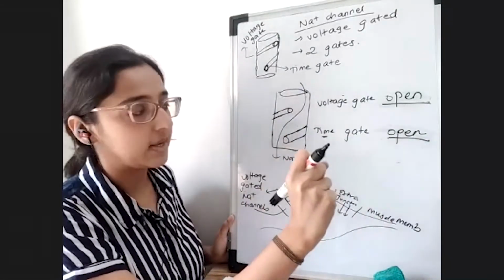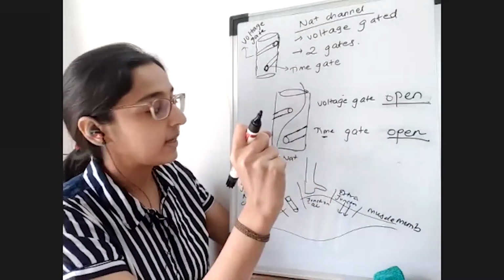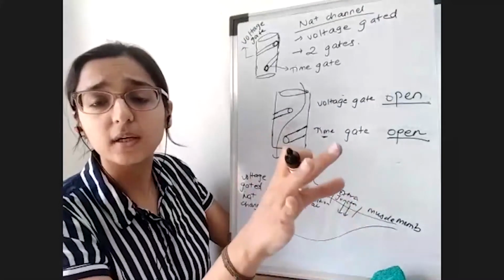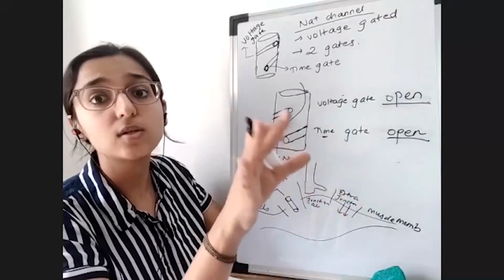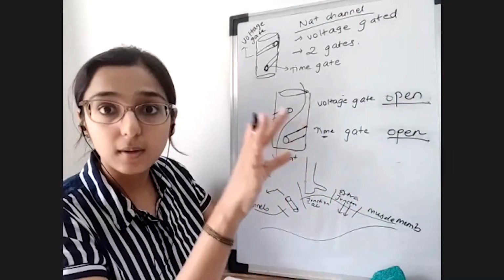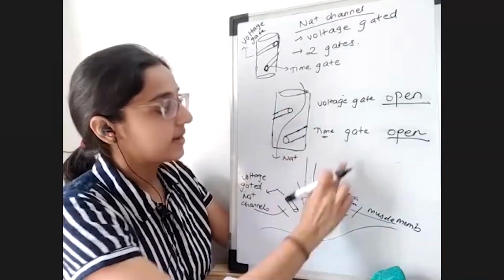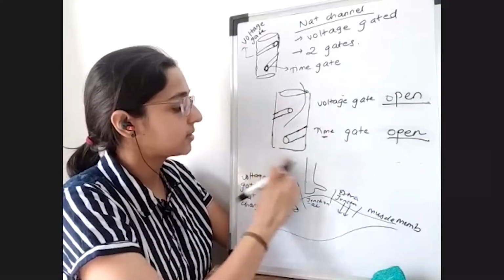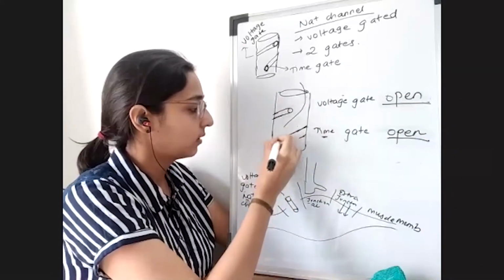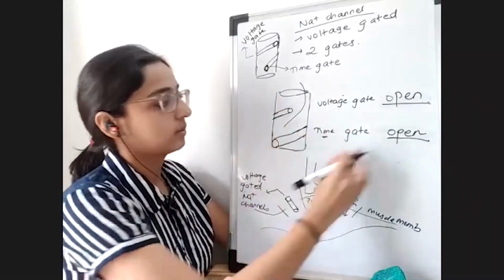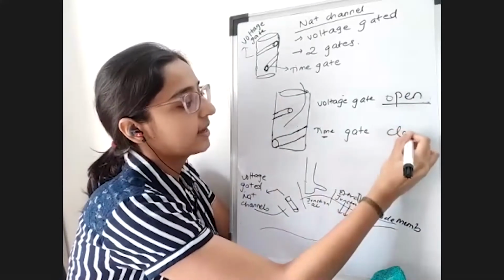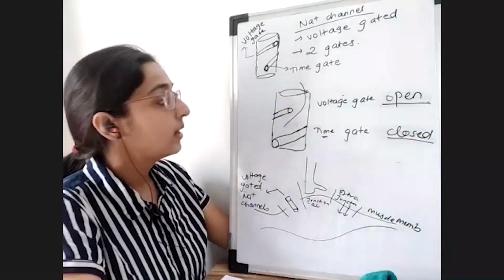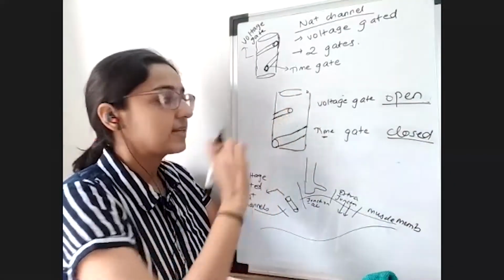Now what is happening with choline? The time gate doesn't care who is coming, choline or acetylcholine. The only thing it cares about is time. The time gate senses that it has to stop this influx and close its gate. So the time gate closes, just like we expect it to normally, because the time gate has a limit. And the sodium influx has now stopped.